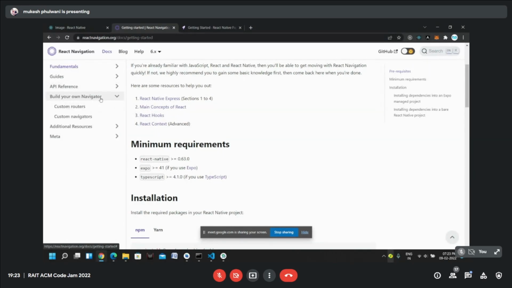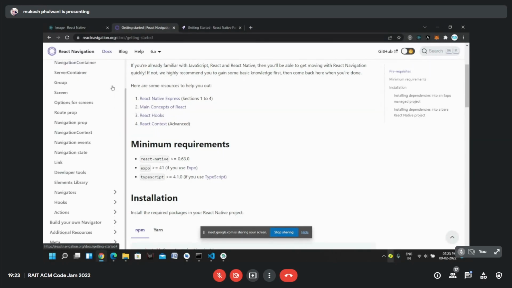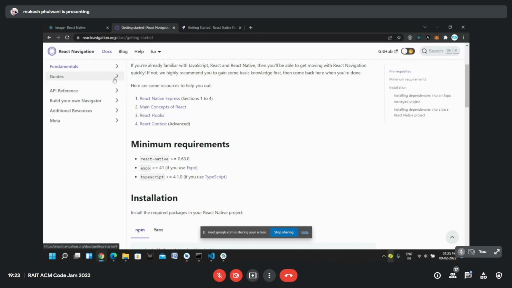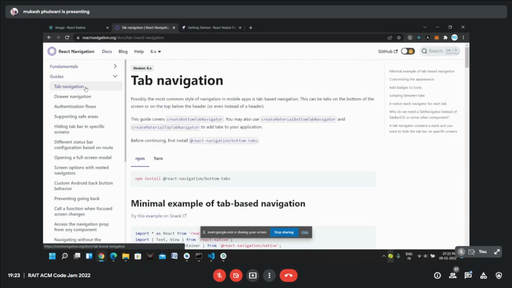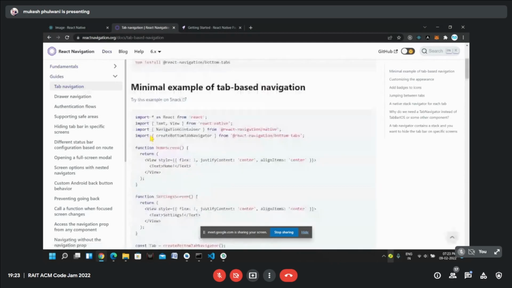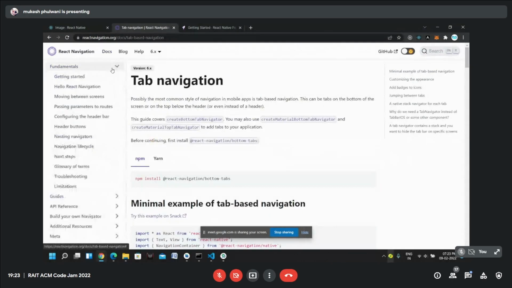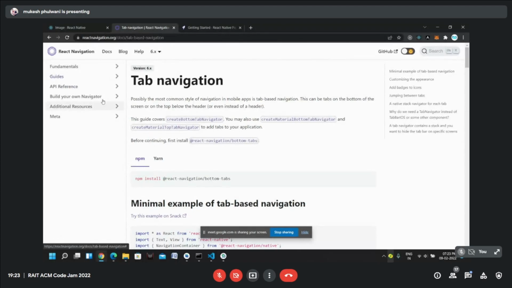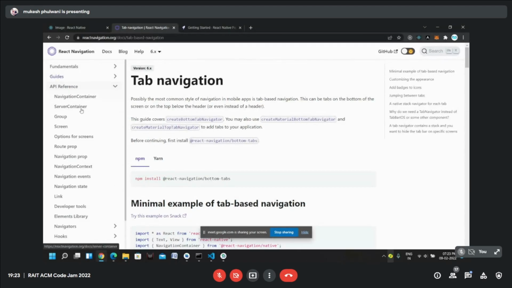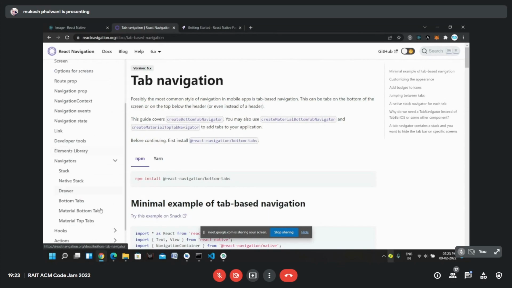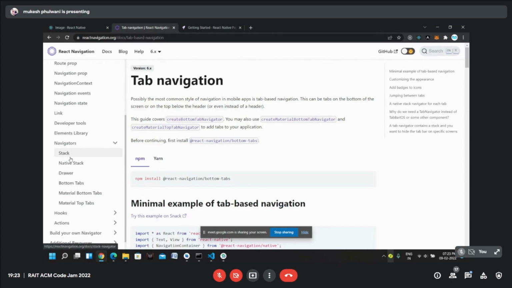Let me open the guides. Yeah, we have tab navigation, fundamentals, API reference, navigators. So we have primarily three kinds of navigator that we use often.